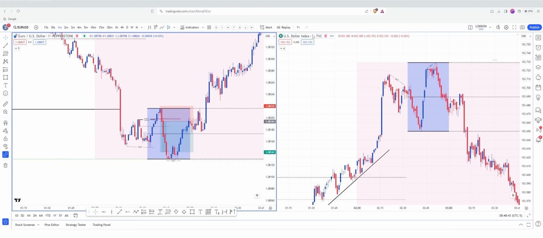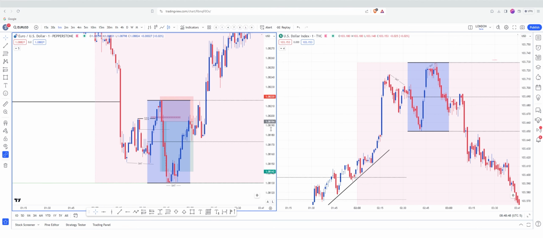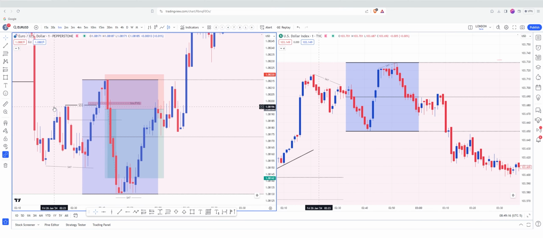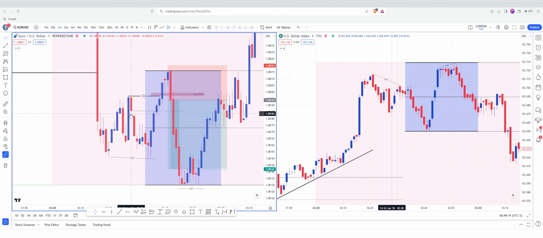I was monitoring dollar, so the Dixie index, the dollar index, to look for SMTs. Today I found we had a small SMT here, so we can see put in a lower high on the Dixie and a lower low on the euro at the same time. Now these two are inversely correlated, so when the euro puts in a lower low, the Dixie should put in a higher high. So this gave me the indication that we were going to go long. As soon as we closed over this fair value gap,